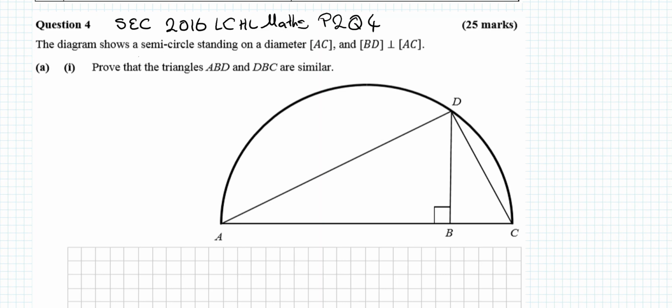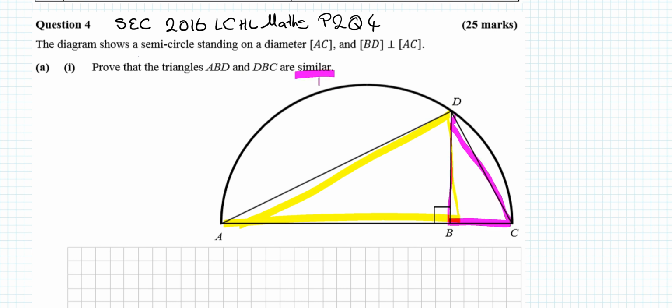Alright, so in this video we're looking at the SEC 2016 Leaving Cert Higher Level Maths Paper 2 question 4. The question asks, the diagram shows a semicircle standing on a diameter AC. So I know this is a diameter and BD is perpendicular and this is perpendicular here. Prove that the triangles ABD and DBC